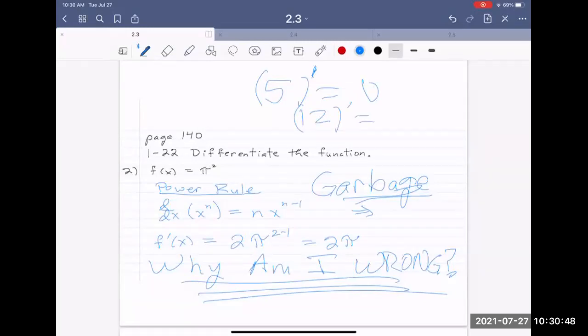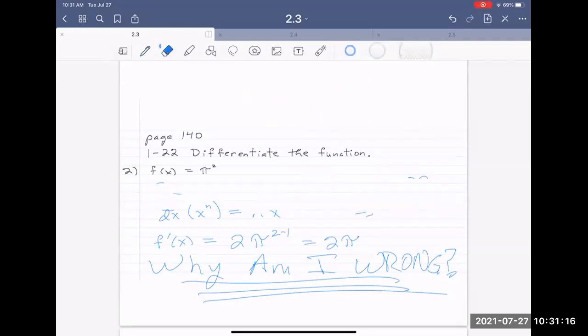Would it be 0? Is it because pi is not a variable and it's just 3.14? It's a constant. It's a number. Yeah, pi is a number. What's the derivative of a number? 0. And that's why I took off all points, because